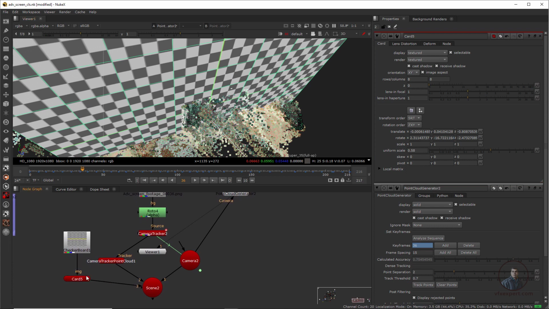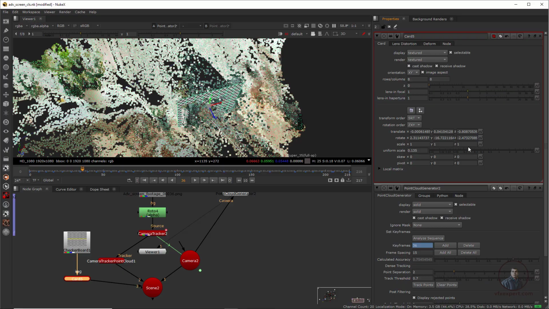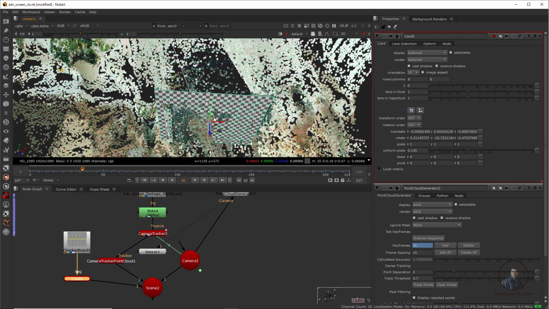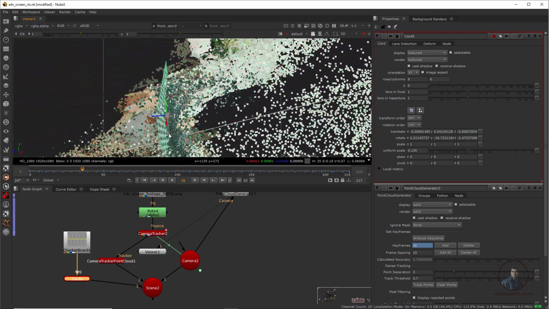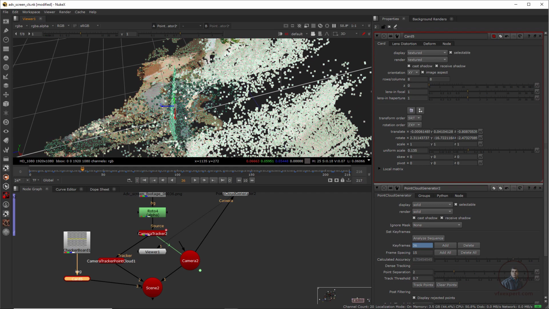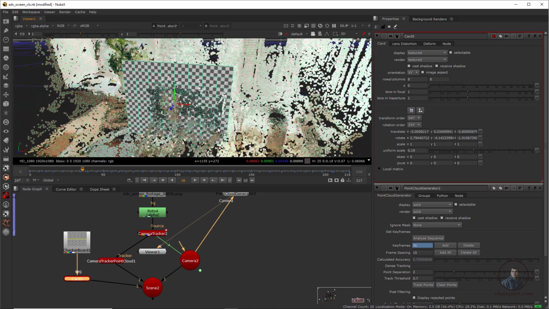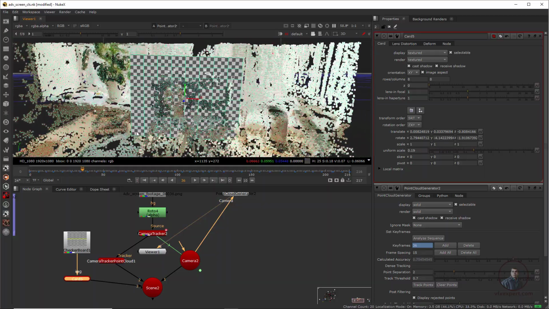Just double click on this card and adjust the size. Now we can rotate it according to our monitor screens. Here we can see this is our screens, so properly we have to rotate it according to these screens. Just double click on this card and adjust size and rotations also. Now take the rotate tool, hold control and simply rotate. So maybe this is looking good here.